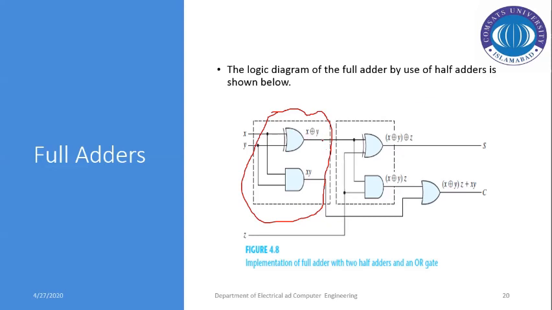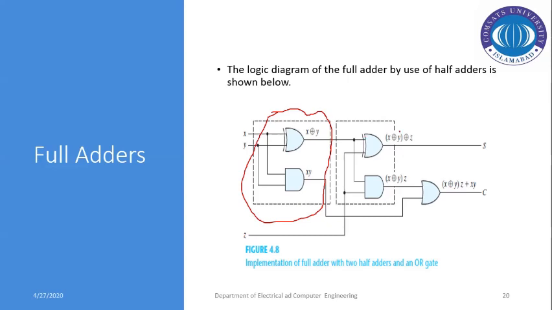The output of this gate is fed directly to the next exclusive OR gate of the next half adder, and the third input is z, which is fed to the second input of the second half adder circuit. So the sum operation is x exclusive OR y exclusive OR the third input, which is this z